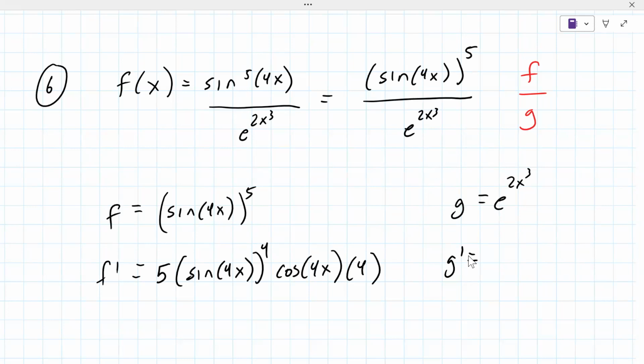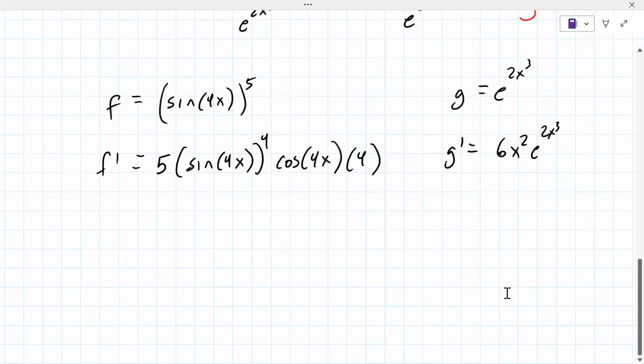So it's 6x squared times e to the 2x third power. Like that, perfect. Okay, the rest of it is just putting it back in using the formula. If you don't have the formula down, that could be an issue, but it's the bottom, probably good to put them in parentheses, times the derivative of the top, which is this mess you were asking